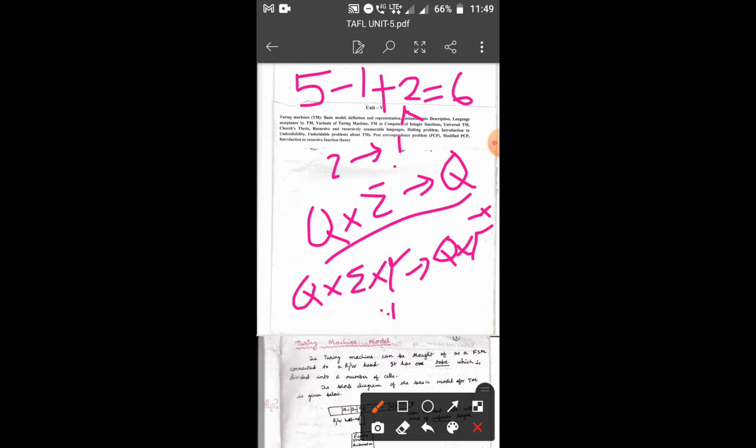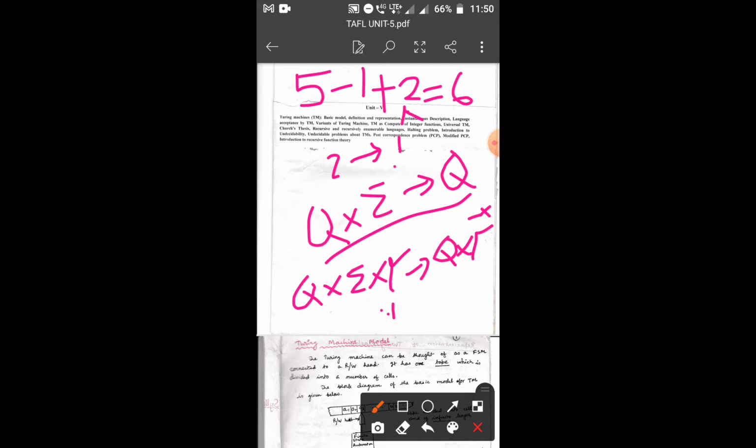So we have to first analyze what our requirement is. On the basis of the requirement, we will be in a position to decide what the input alphabet set will be and what the output alphabet set will be.